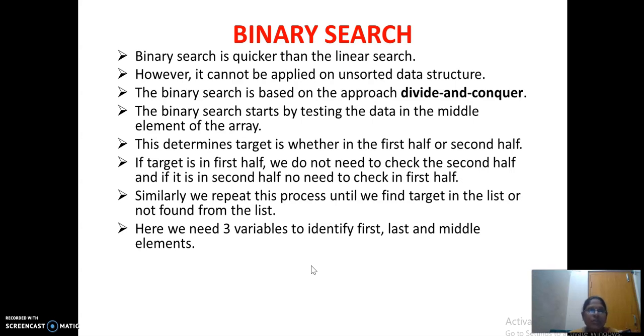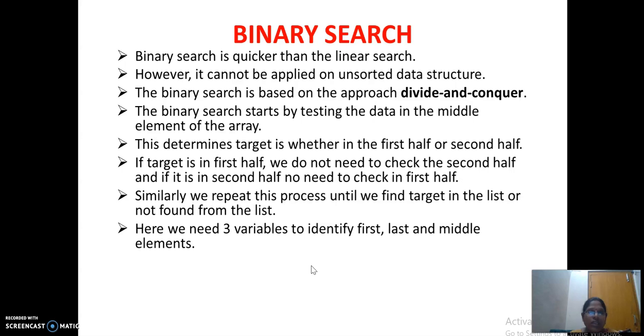Now, what do you mean by this? What is binary search? First, this is based on the divide and conquer method. On what basis are you going to divide the list? On the basis of the middle element. So you may have a doubt: if it is an even number of elements, what will be your middle element? You can take either of those as your middle element. If suppose it consists of six elements, then the first three will be in the first half, and the next three will be in the next half.